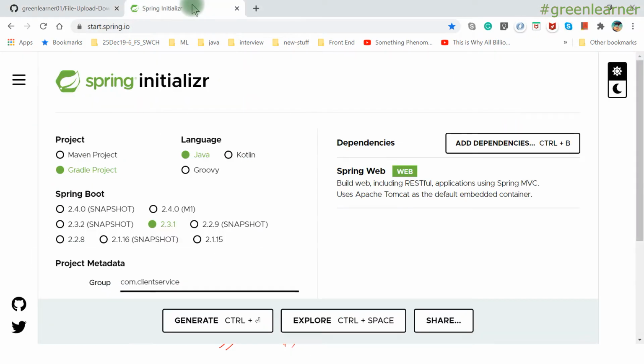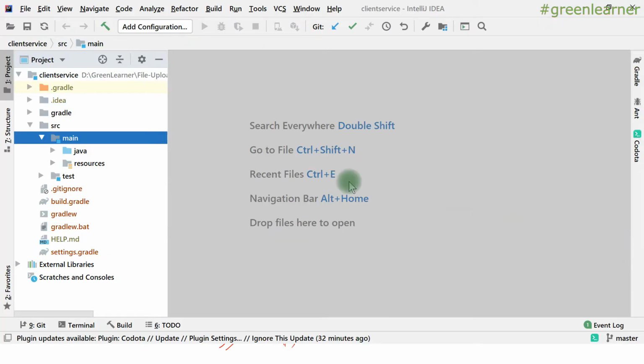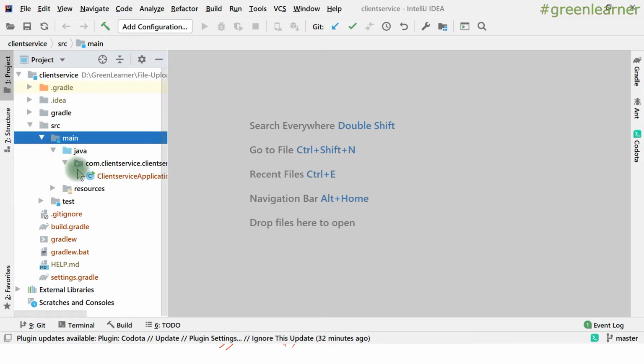To create the microservice, you have to come to start.spring.io, and I'm taking Gradle project as the build, Java as the language, and I have added this dependency here and generated it, and it will give you the project, right? So I have already done this part and opened the project in IntelliJ. So here it is. I have named it client service, and other than this, I have not changed anything till now.